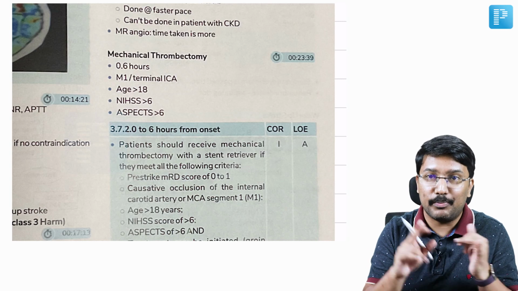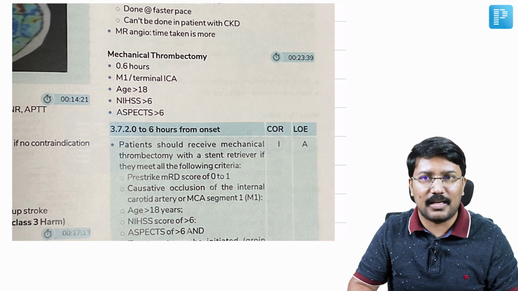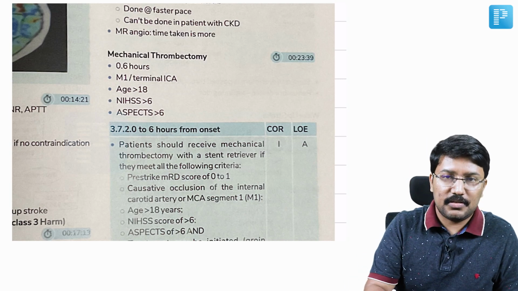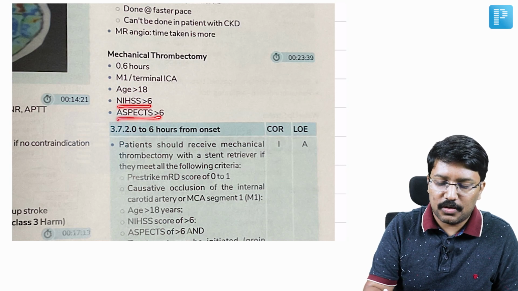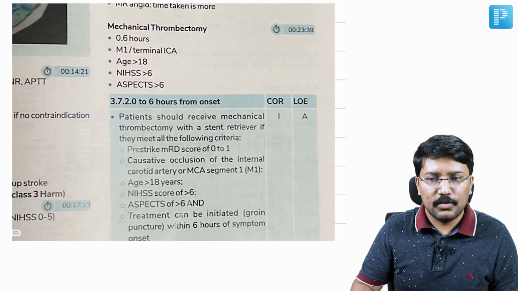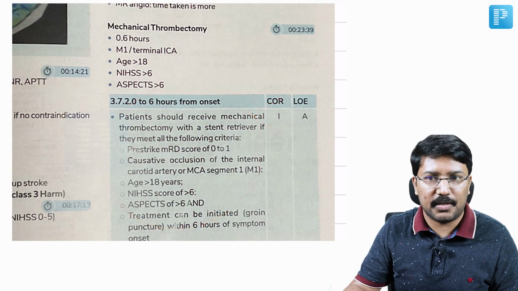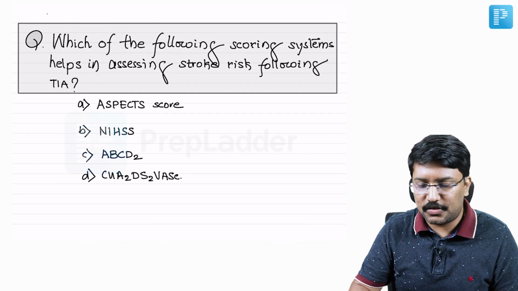So this is also another important point we should know for the next examination, right? What is the ideal site from which mechanical thrombectomy can be attempted? The patient's age should be more than 18 years, and when you're doing this NIHSS or ASPECT score, it should be more than 6. So all these aspects were clearly described with even the level of evidence being mentioned, right? So if you had gone through the video, this wouldn't have surprised you, right?